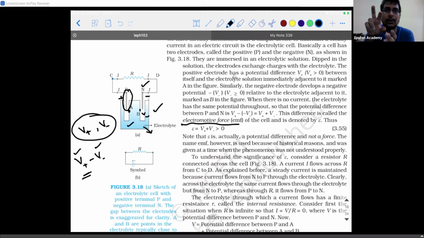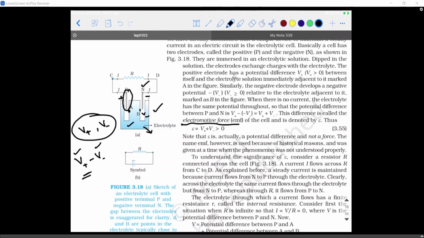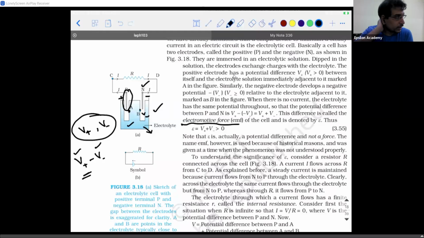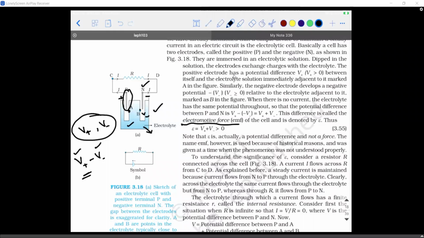So the 9 volt that you're telling the shopkeeper is nothing but the potential difference across something. Across what? Across the positive and the negative terminal of that particular cell or the battery. Accepted? Yes, sir. Right. Now, you're telling the potential difference to the shopkeeper in an open condition or a closed condition? Is it an open circuit or a closed circuit? It's an open circuit.